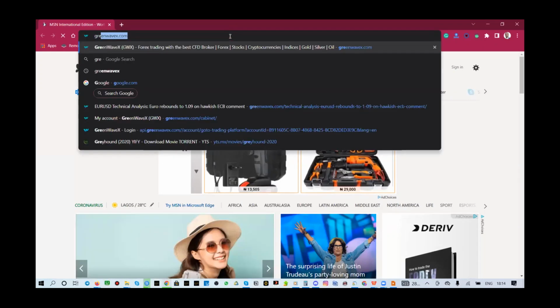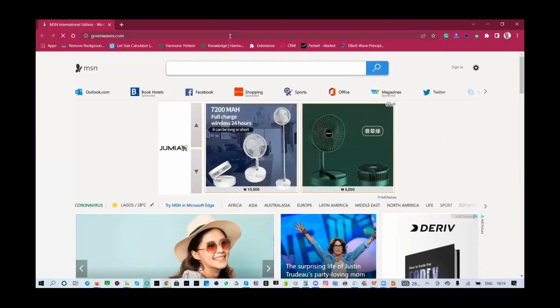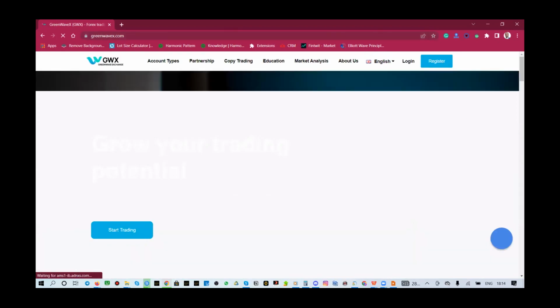So the website is greenwavex.com. When you get to greenwavex.com, if you don't have an account yet, you click on register. So when you click on register here,